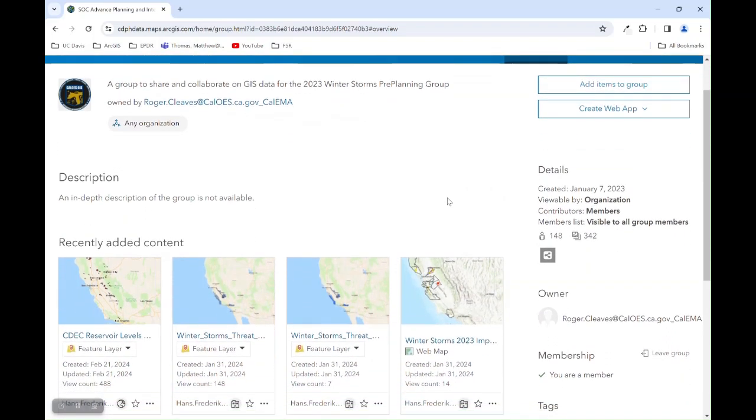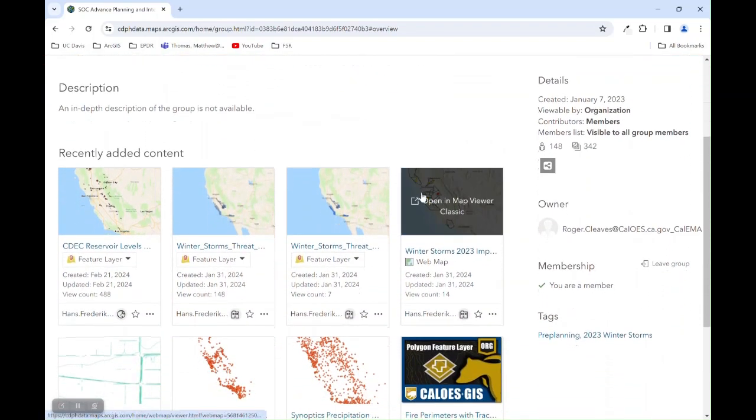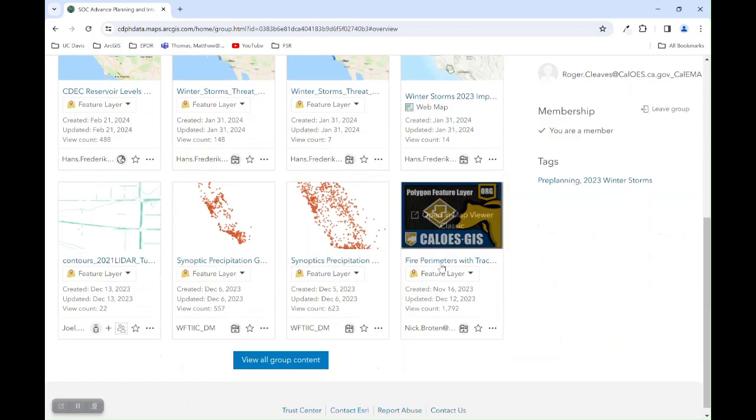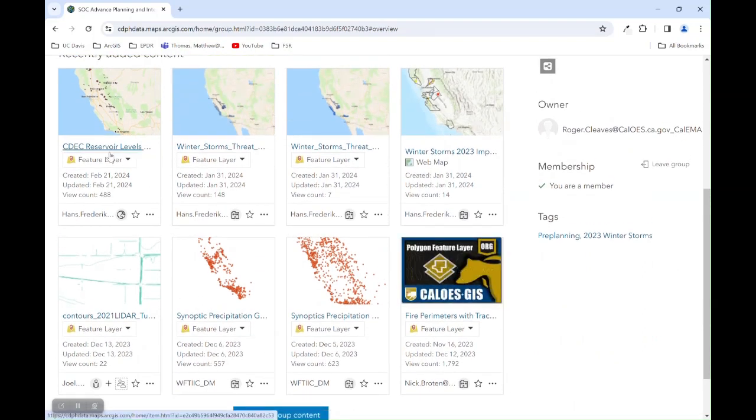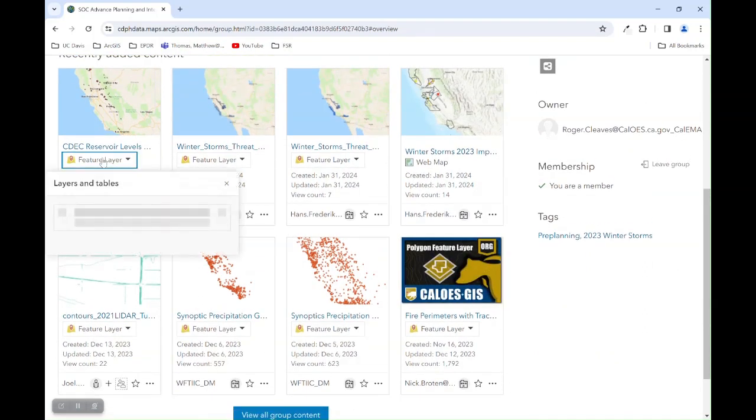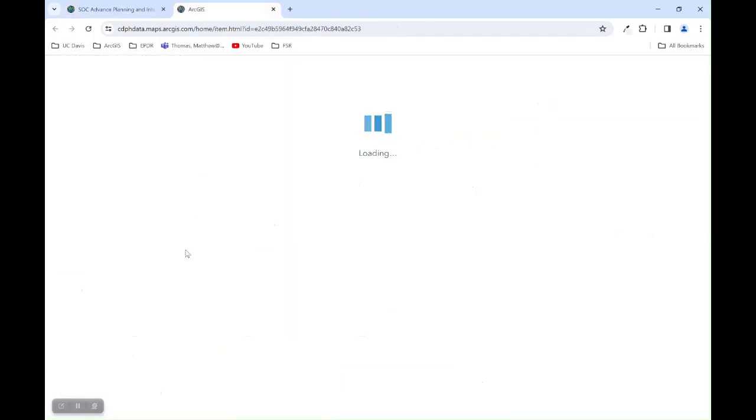It just really depends on what they add, but what we're looking for is any item that may say feature layer. So it's not going to be listed as a web map. It's going to be listed as a feature layer, and you can see how it says it right here. So this is always a dynamic environment as to what they add, but you're going to be wanting to look for feature layers. So if you click the link, it's going to take you to the home page for it,